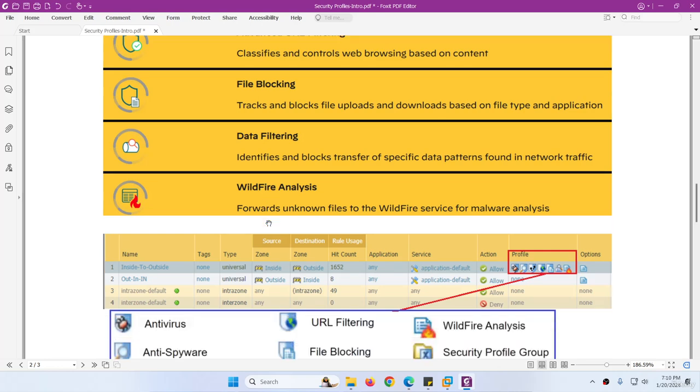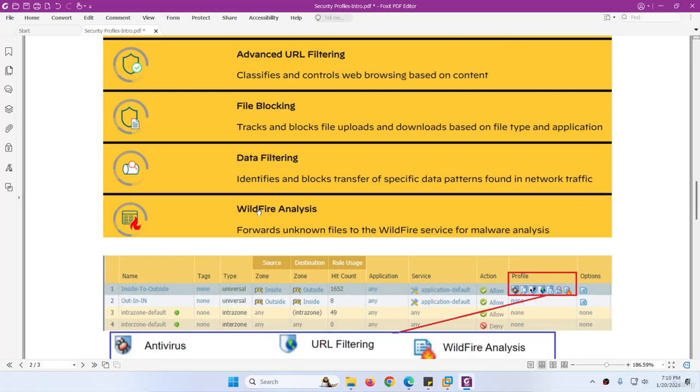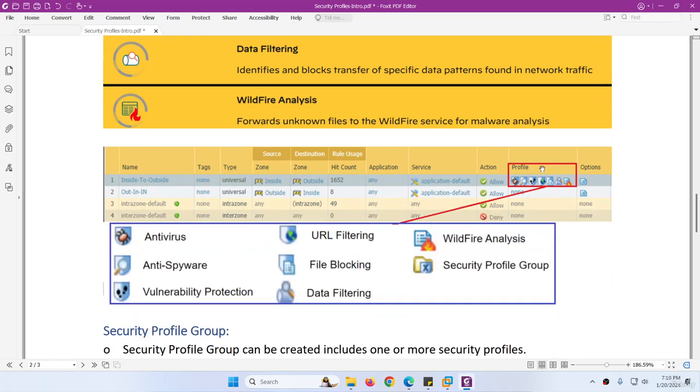And finally we have WildFire analysis, which forwards unknown files to the WildFire service for further investigation. So maybe a file is not matched by these signatures, and you find that this file is something suspicious, then you can transfer that file to WildFire analysis for malware analysis. And when you attach them, I show you, it will show you like this. So we have antivirus, anti-spyware, vulnerability, URL, file blocking, data filtering, WildFire, and finally we can attach a security profile